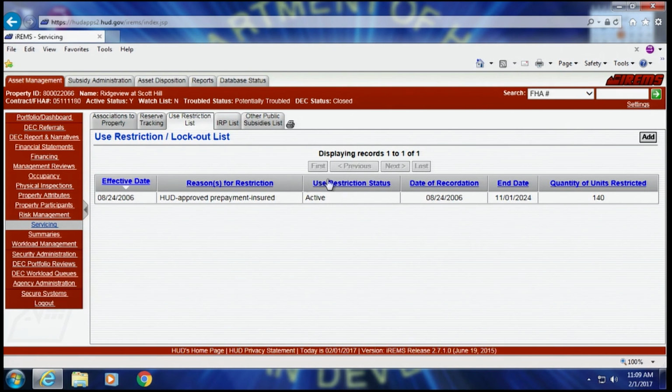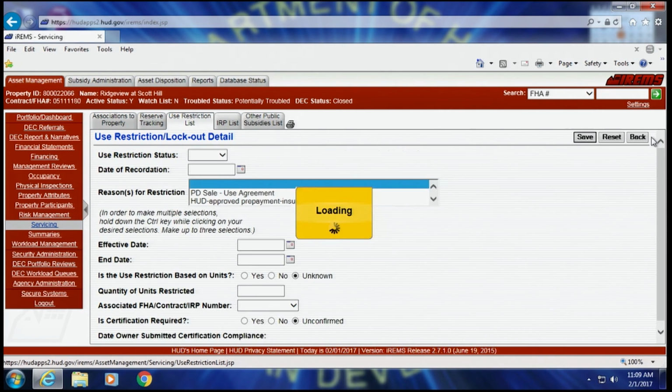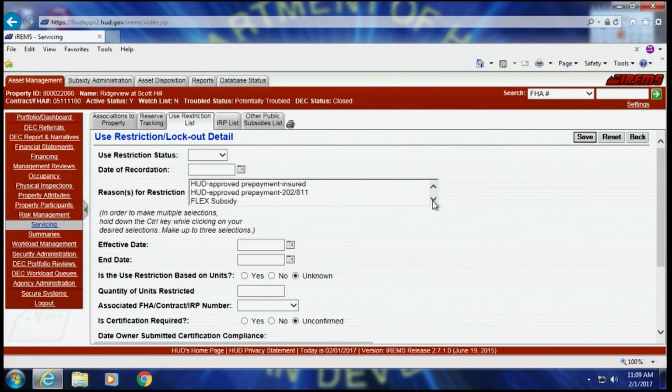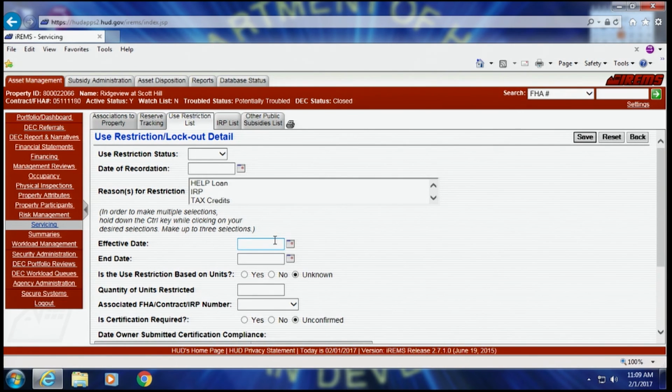So if I wanted to add a new use agreement, I would hit add, and then I would pick the type, and I would pick the applicability of it. For instance, it might have been an IRP decoupling. And then you're going to put the effective date, and you can put the end date, and you can put the number of units that are associated and detailed in that use agreement.